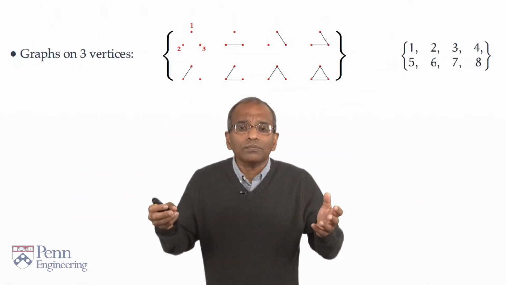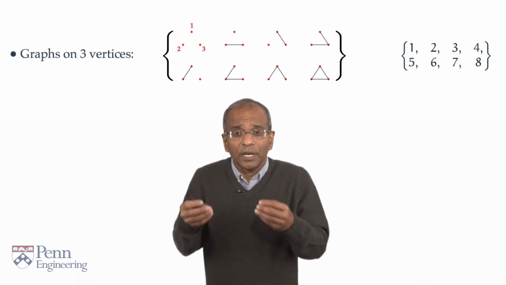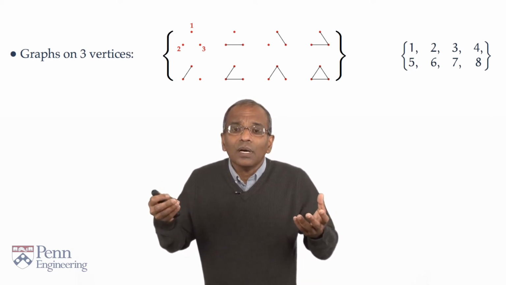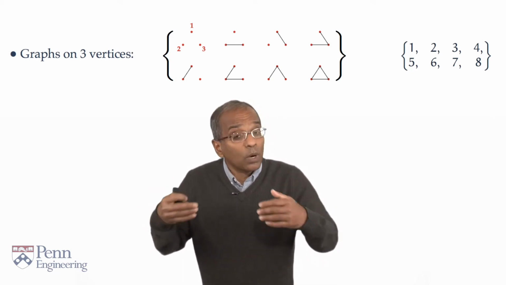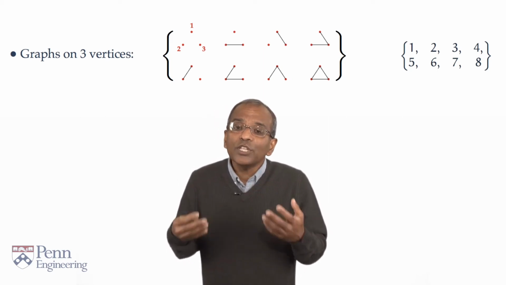Okay, and here we go. Three vertices, I've numbered them 1, 2, and 3. They appear as red dots on your screen. And now the graph is completely described, once I tell you there are three vertices, by which edges, which lines